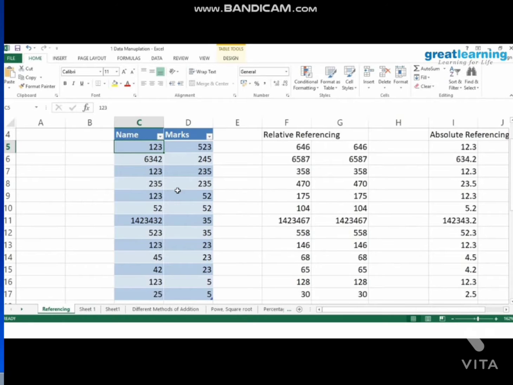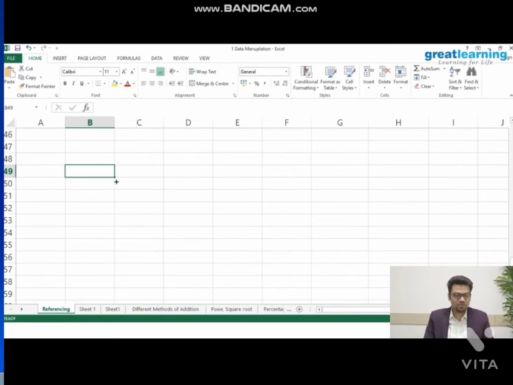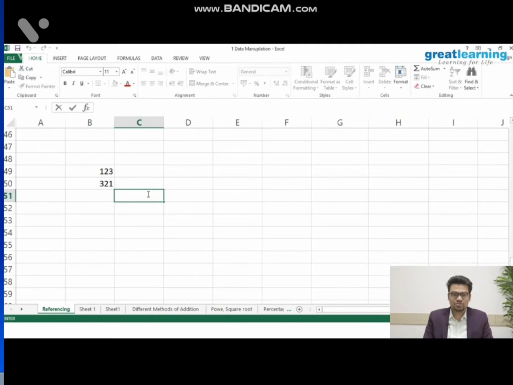Say for example, I'll just create a value over here. We have defined this particular block as 1, 2 and 3, and this other block as 3, 2, 1. If I want to add these two values and have that sum at a particular cell, that is C51, which would hold the sum of say n number of values, or particularly these two values in this scenario,